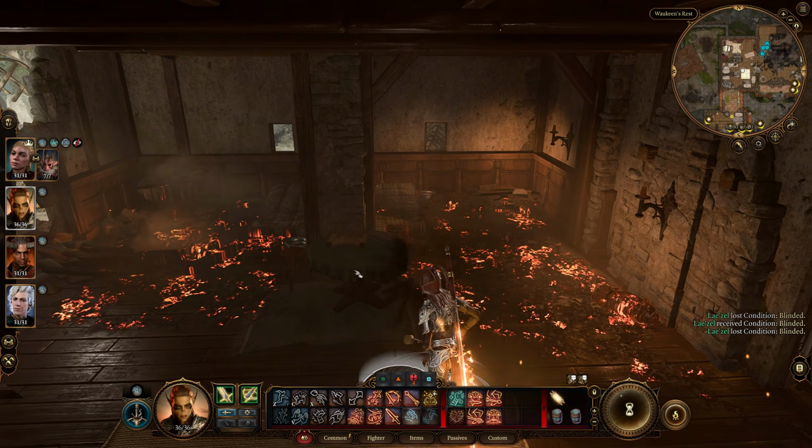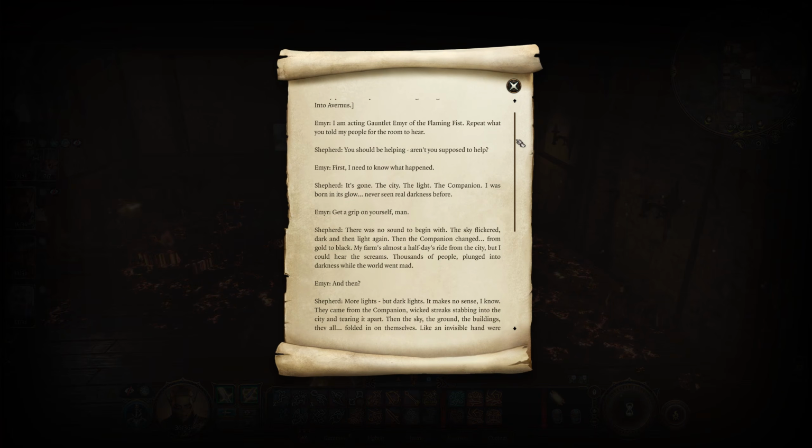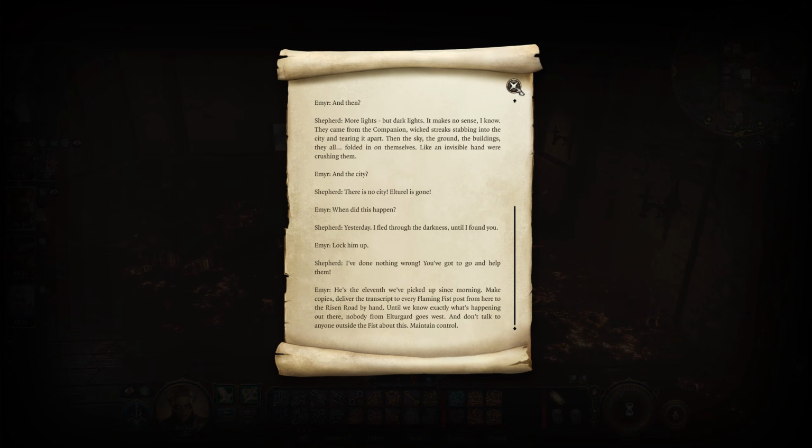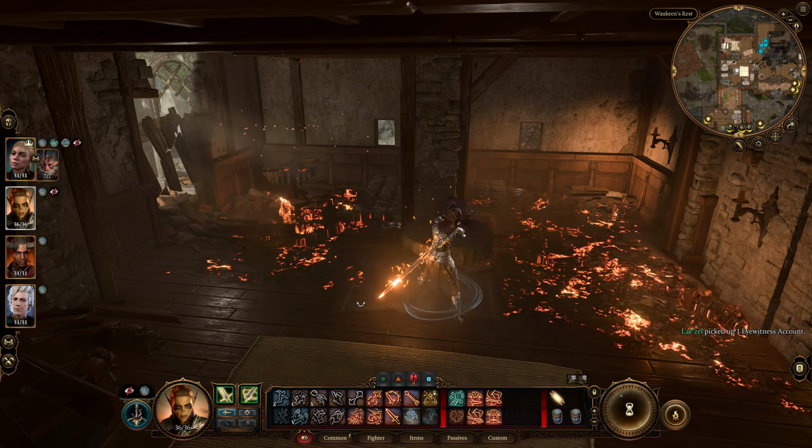Now, inside of the room where we found Benryn, an eyewitness account sits on the table, detailing a member of the Flaming Fist mercenaries questioning someone on the night that the city of Elturel fell into Avernus. It is an interesting read, so feel free to pause for the entire thing, while we now return to the